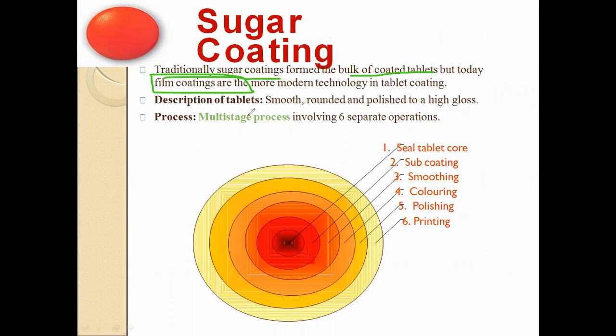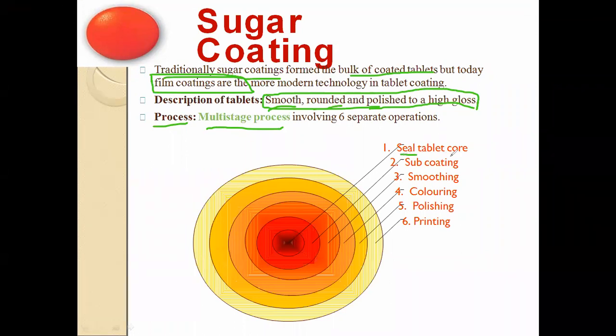Now when you want to coat, the tablets should be smooth. Firstly, they should be rounded and polished to a high degree when you want to get sugar coated tablets. Now this process, as we have already seen, is a multi-stage process which involves 6 separate operations, which include